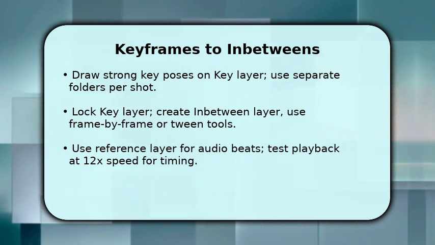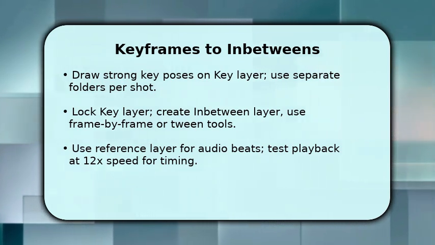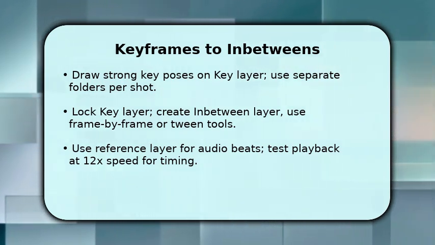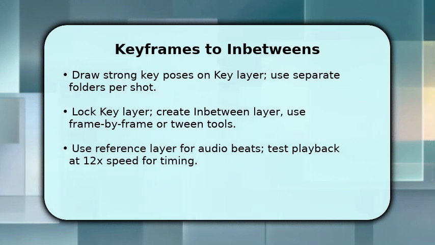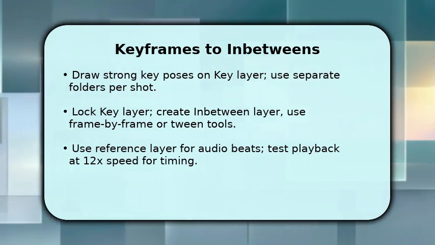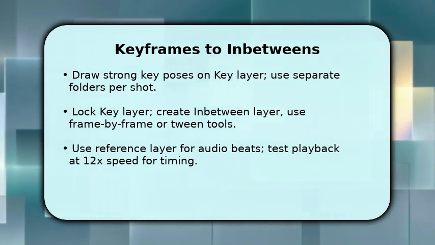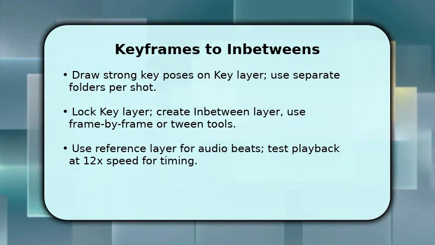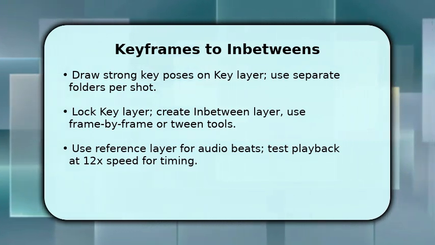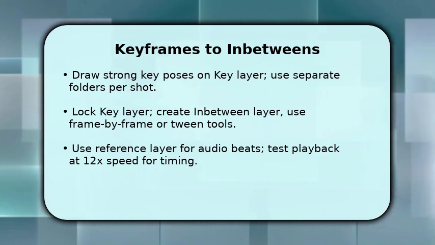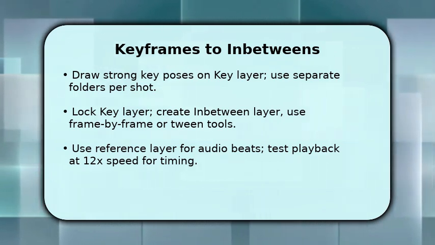Once keys are locked, make an in-between layer and decide, manual frame by frame for organic motion or use the tween tool for mechanical movement. Use onion skin to match spacing and hold counts. Play the clip often, shrink or expand timing based on rhythm. If you have audio, mark key beats on a reference layer to align action and ensure timing reads clearly at